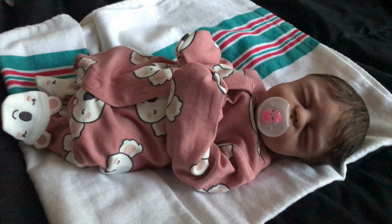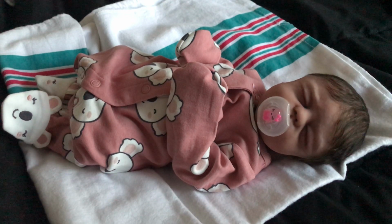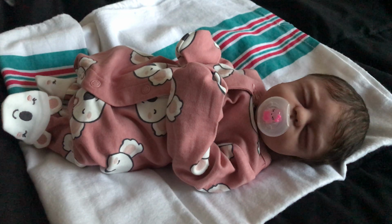And some of the prices for some of the Ivita dolls that have been painted and rooted is really high, which I guess is okay, because you do have to charge for your work and the supplies that you use and stuff like that. But yeah, so I would say just be aware of that as well. So if you want Ivita dolls, just be aware of that. You will probably be paying a premium for an Ivita. And in my opinion, I would say if you're going to spend $1,000, let's say, on an Ivita doll that's been painted and rooted,